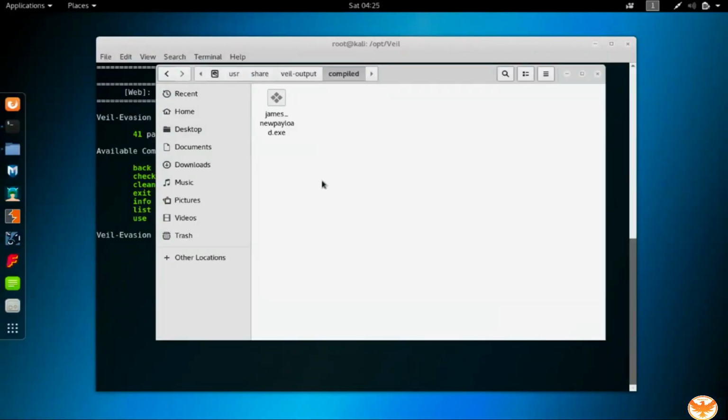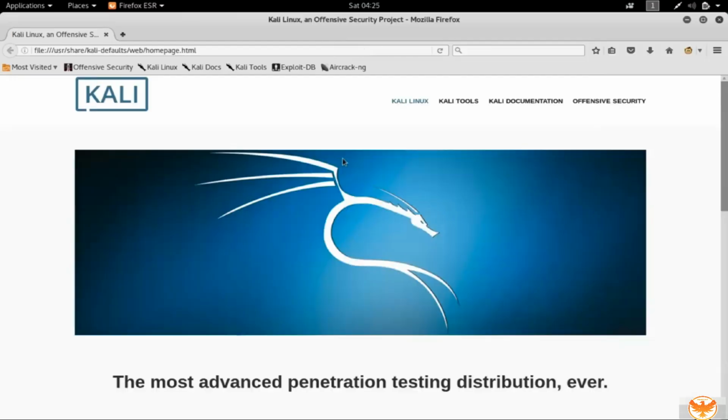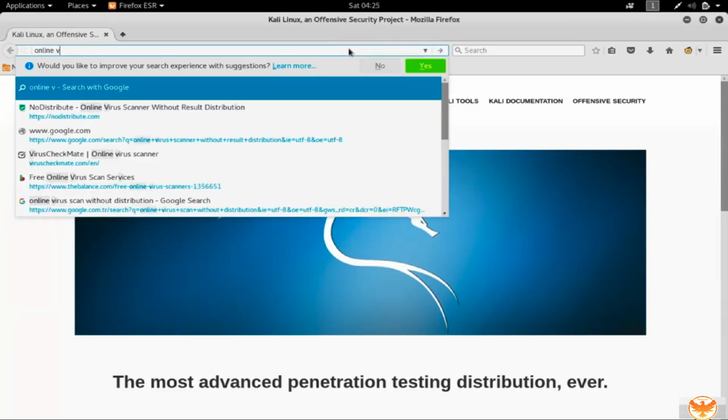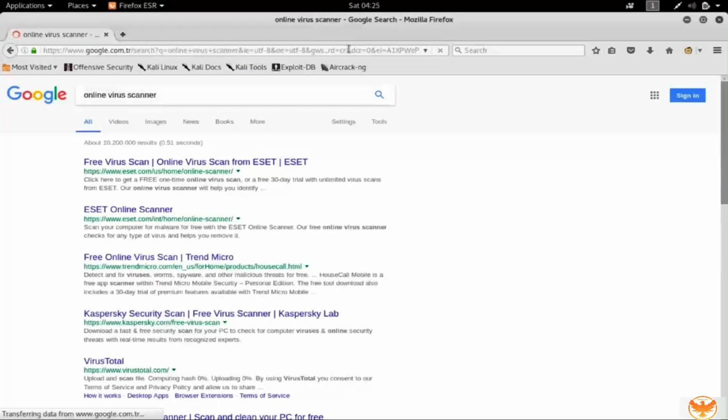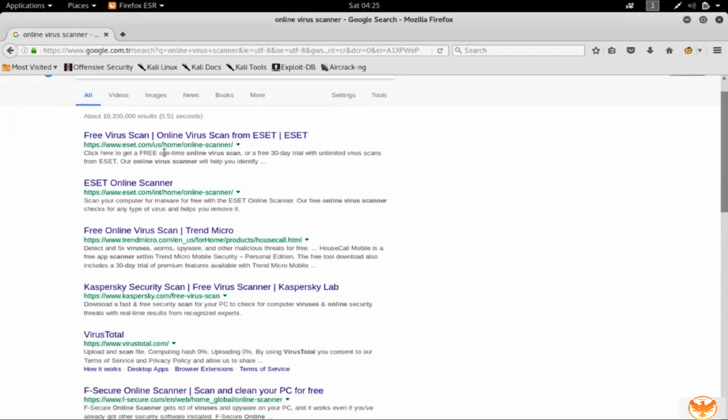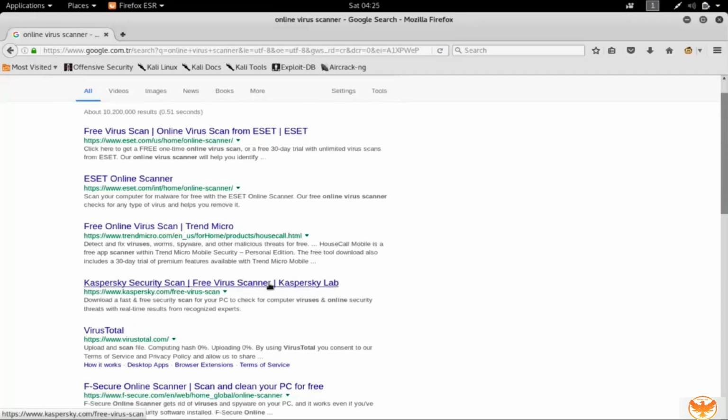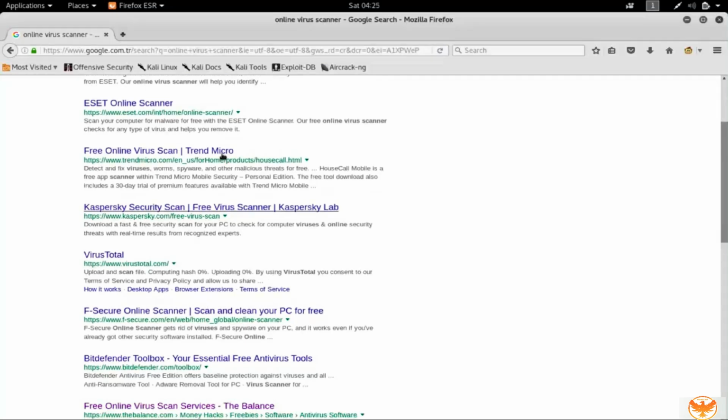With our backdoors, we have created our first backdoor with Veil, but we have to test this file to see if our backdoor actually bypasses the antivirus solutions or not. In order to do that, I'm going to Google online virus scanner. It will bring you a lot of results, and we're going to choose one or two to test our backdoors. So here we see ESET, Trend Micro, Kaspersky, VirusTotal, and